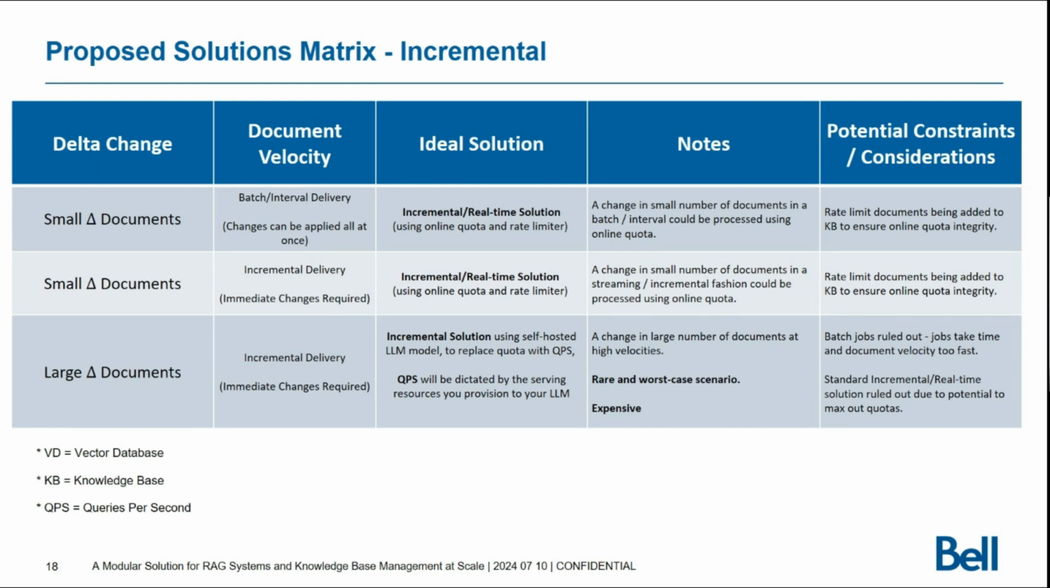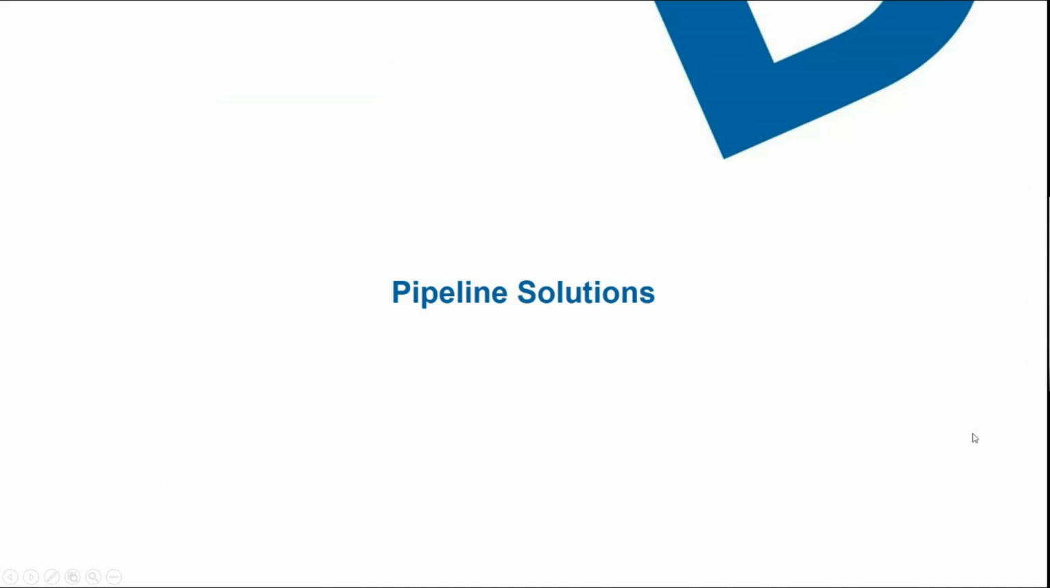However, if you ever did have a use case, then I would urge people to use a self-hosted LLM model and replace your quota with QPS. Your QPS, or queries per second, would be dictated by the serving resources you provision to your LLM. So with all this being said, I would like to show you these solutions to see what they look like on paper. So our batch architecture,